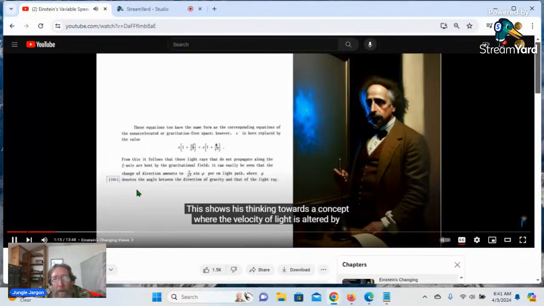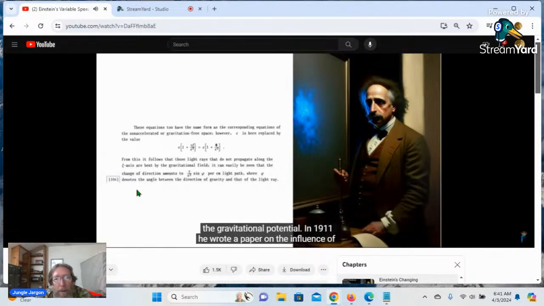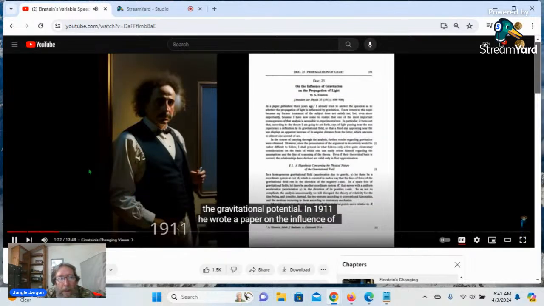This shows his thinking towards a concept where the velocity of light is altered by the gravitational potential. In 1911, he wrote a paper on the influence of